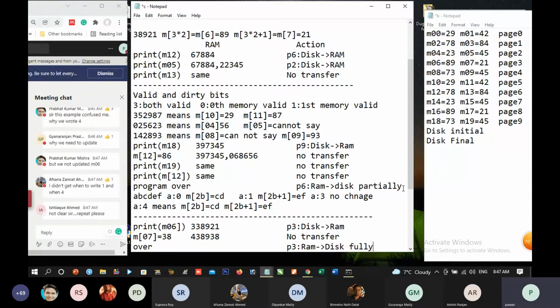Okay. If we write 1, it means the first part is valid and the 0th part is not valid. When we write 4, it means both are valid. It will become clear to you slowly.